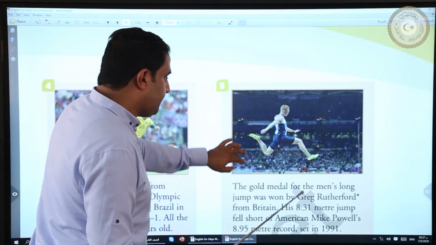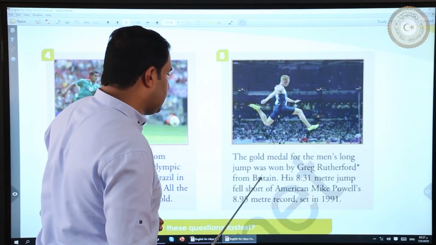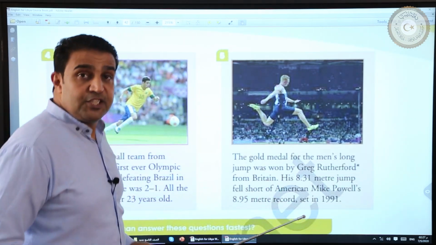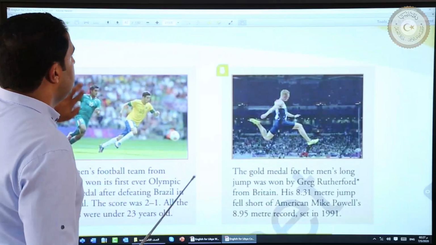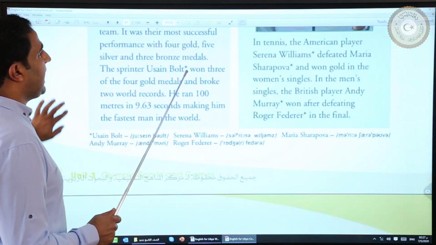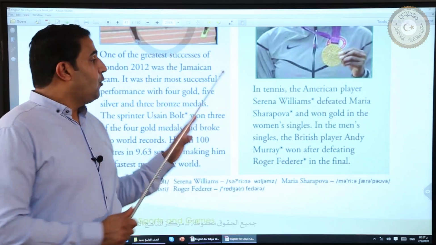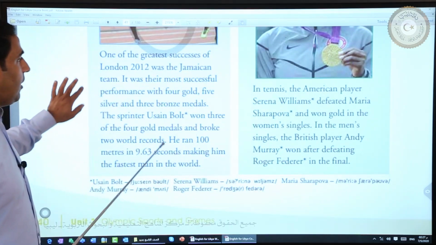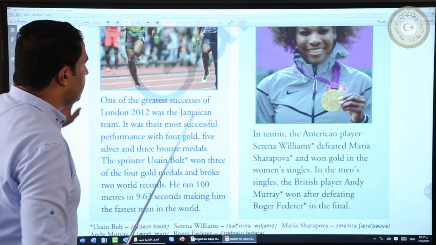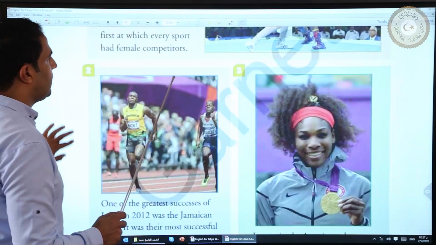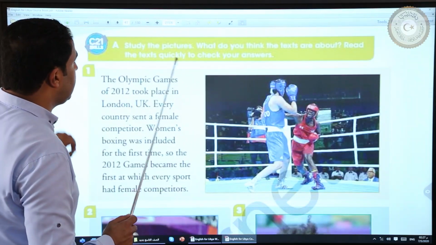And this one about what? Jumping. Yes, very good. So we can guess from the pictures what the texts are about. So this is called text. What are they about? ماذا تعني هذه النصوص؟